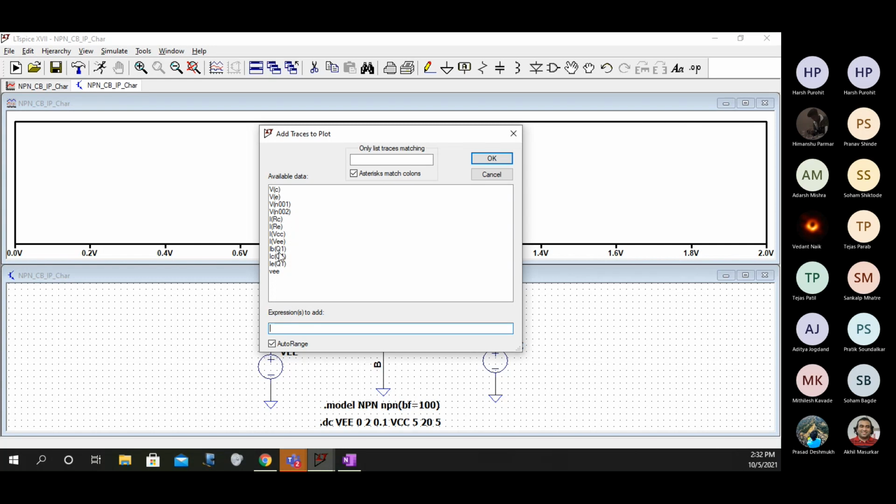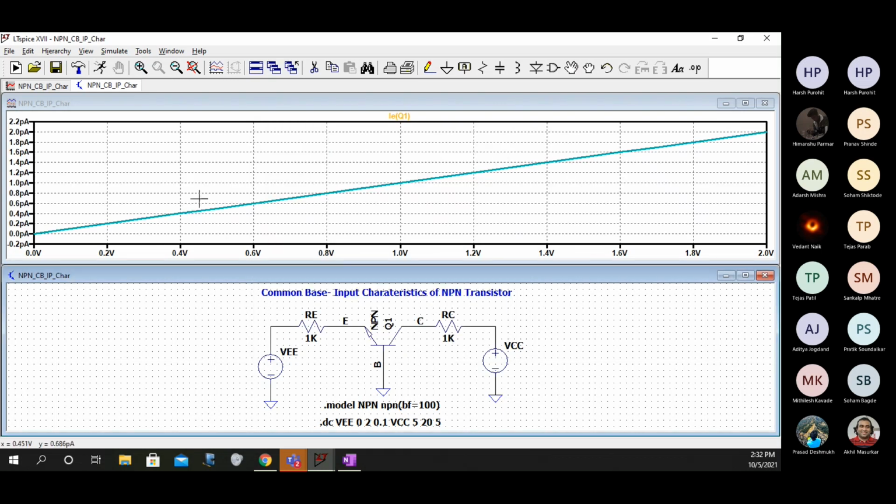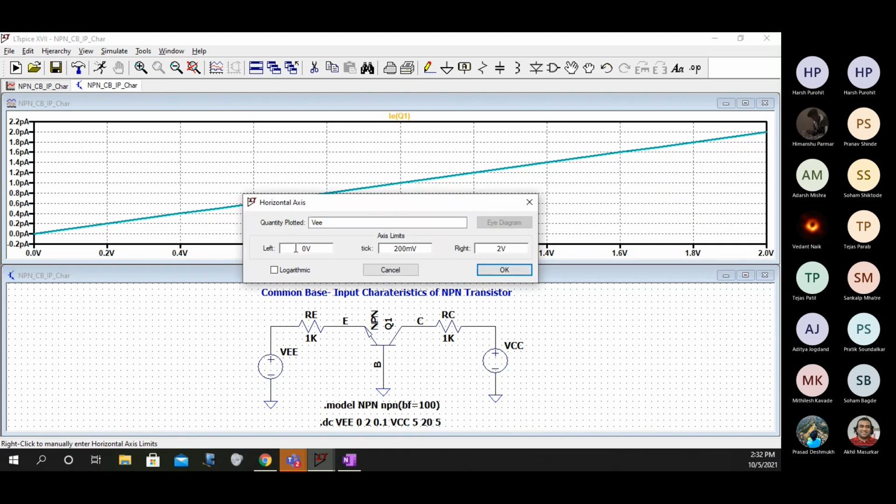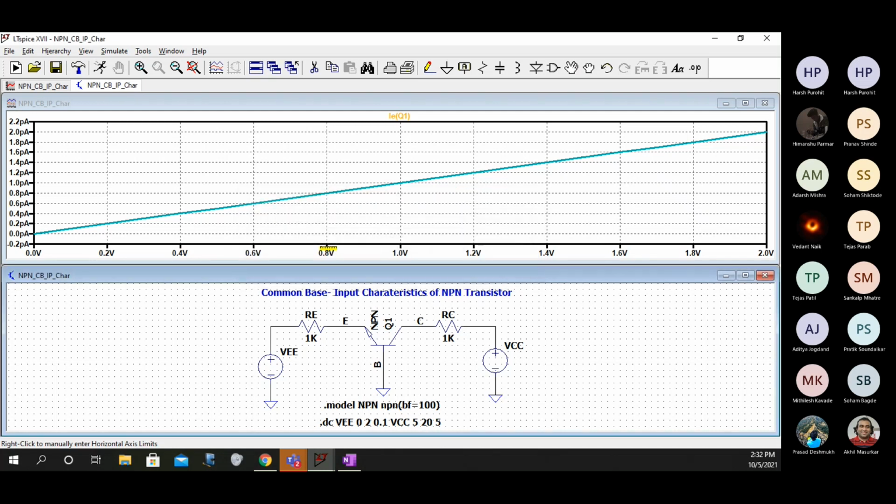And place and add IP. Yeah, but this base characteristics I am not satisfied. Let me just check it.